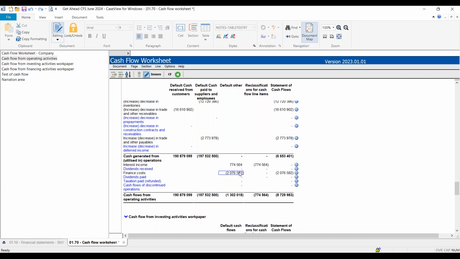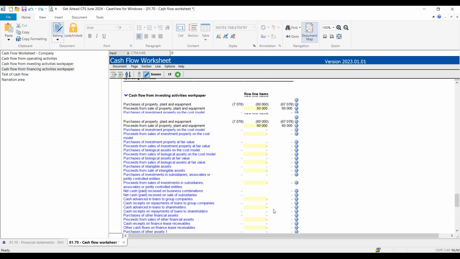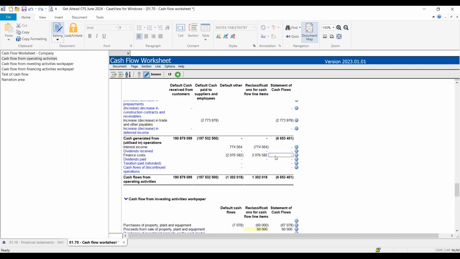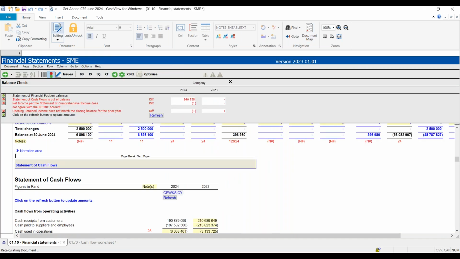Our finance costs, let's do the same and say we want it in investing financing activities, 2076582. And then it shows as our final in the cash flow statement, but if we go up again to operating activities, it's no longer there. So that's how you're going to reclassify your interest, dividends, taxation to different parts of the cash flow statement. Let's just go and show you in the actual financial statements. If I go to cash flow,